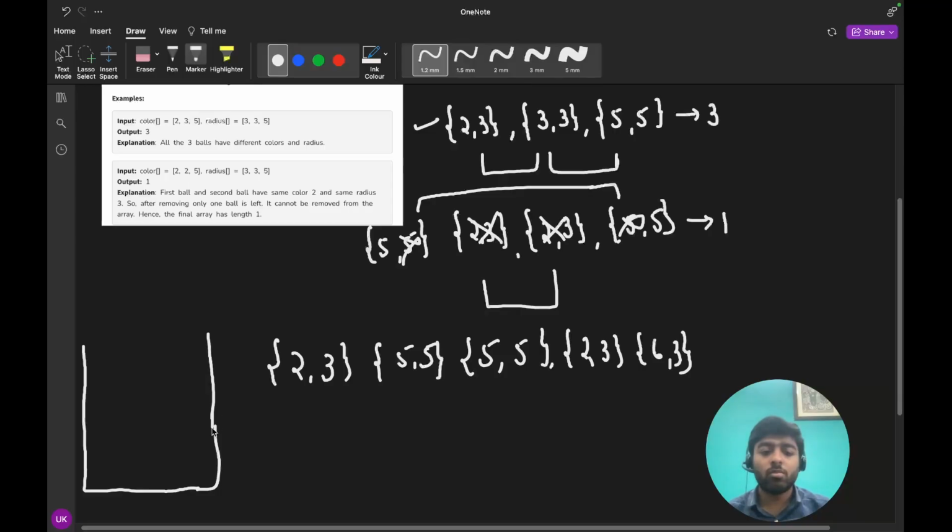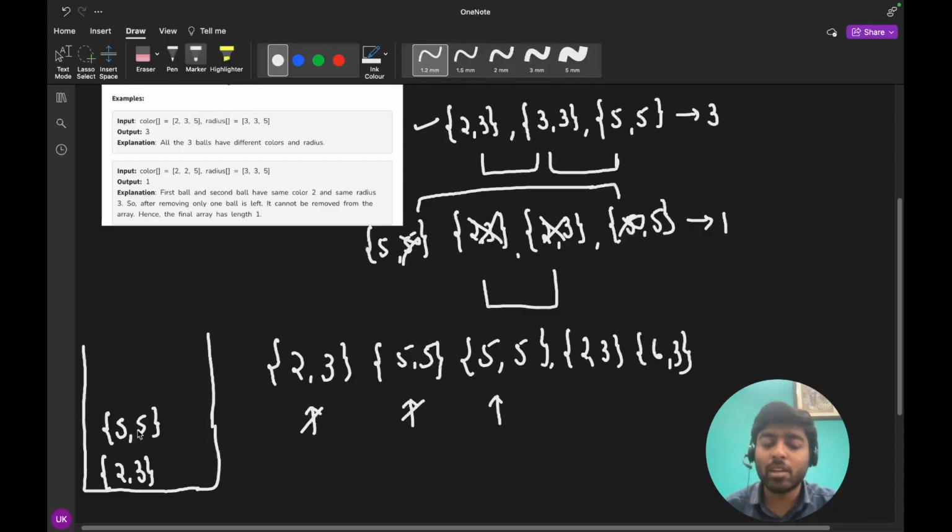So what will happen here: if the stack is empty, you will put your current index's value at this place. Now your index will move to this. You will check whether this value and this value are equal. If both are equal, then remove this value and go to the next index. But here we can see that here is 5 comma 5, here is 2 comma 3. Values are not equal, so we have to put this 5 comma 5 in our stack. Then we go to the next index, and now we can see that here we have 5 comma 5, here we have 5 comma 5.